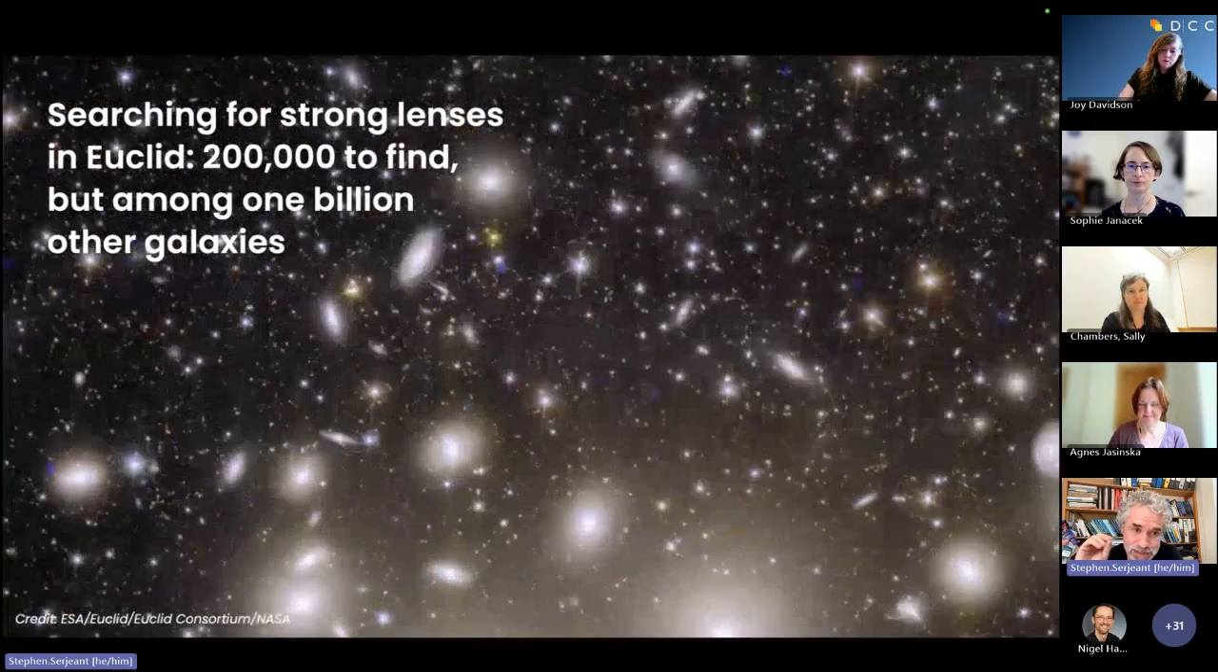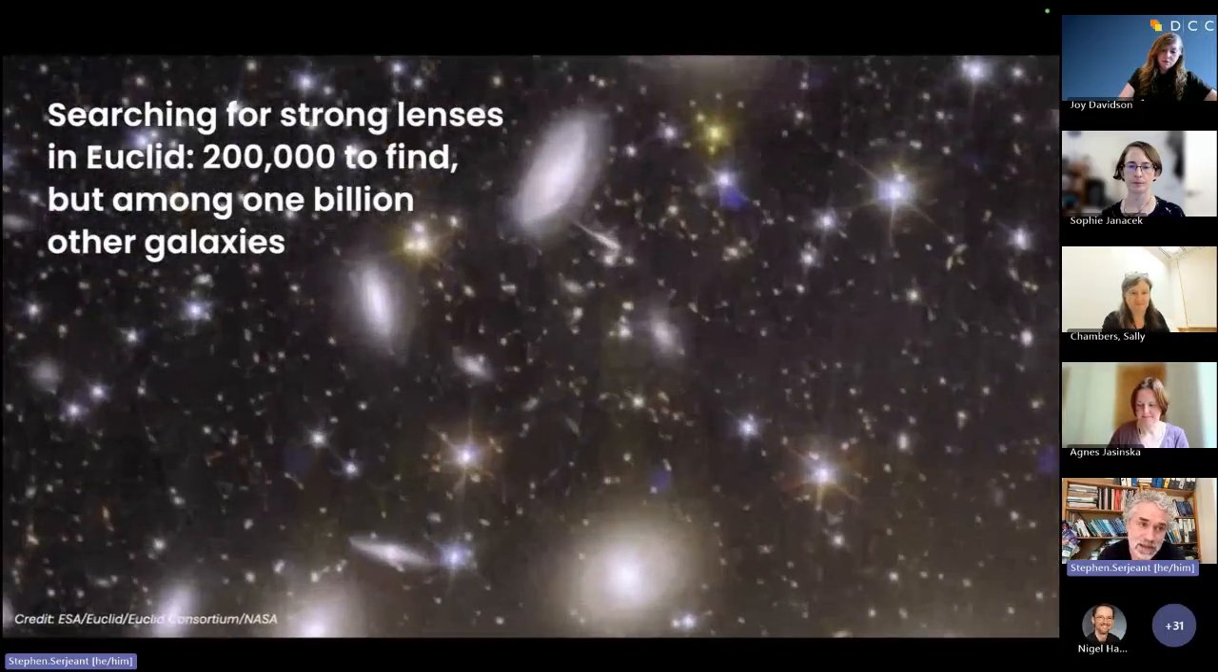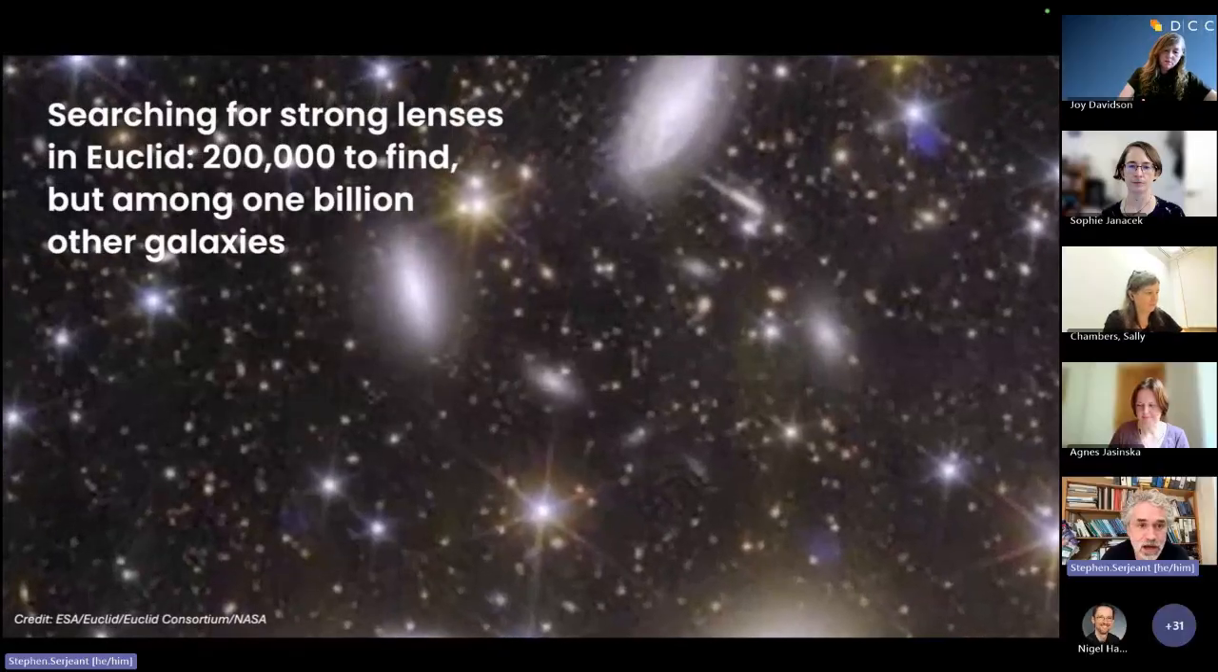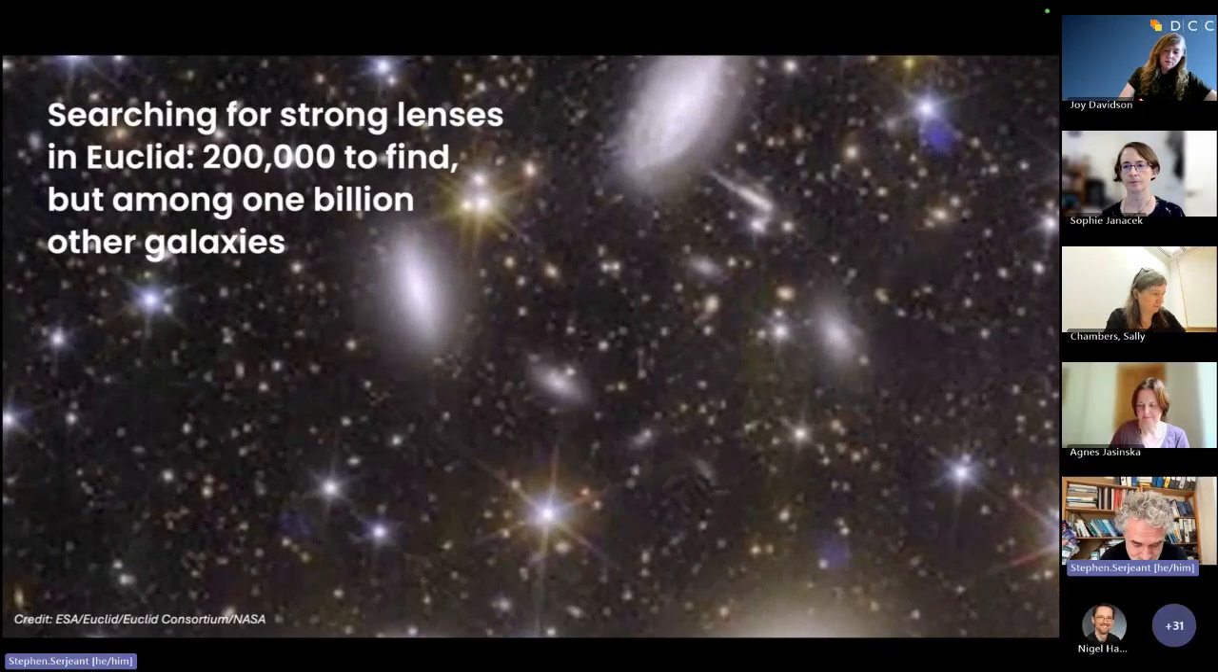But I'll zoom in on some of the part of the image here. They are to be found among 1 billion other galaxies. So it's a really big needle in a haystack problem. And so to solve this needle in a haystack problem, often people need to turn to machine learning technologies, to